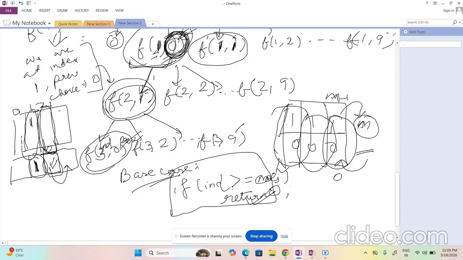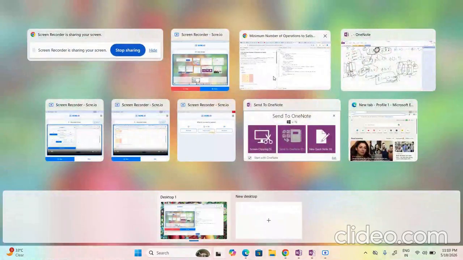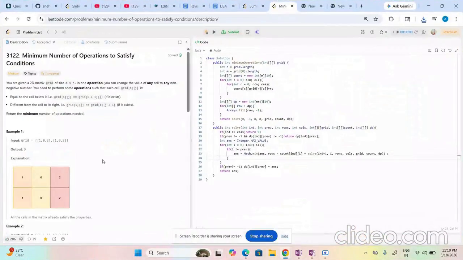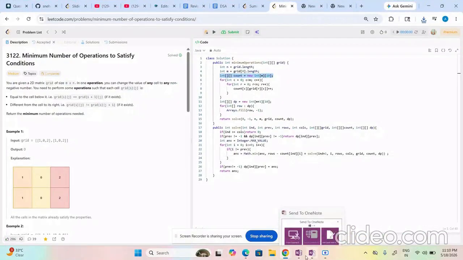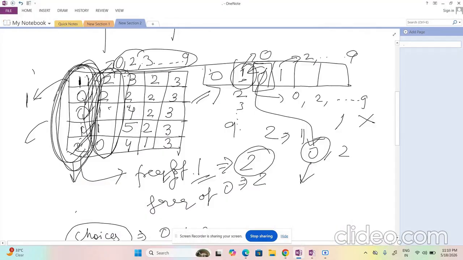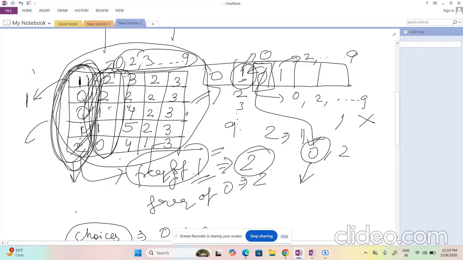I hope you got the gist of the problem. So here is my code for this problem. What I'm doing here is I have created the count array. This concept I have to explain to you, just give me a second. This complete array, for example. I was discussing the frequency of one and this, so we can create a frequency array where I can store.